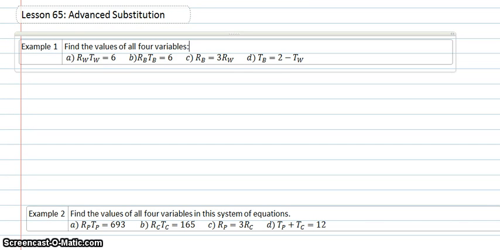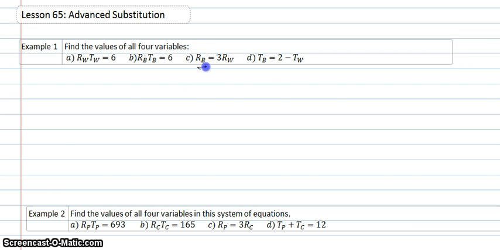In lesson 65, we're looking at advanced substitution. Now, we've already been working with rate, time, and distance problems and different setups with that. And now, we're going to have to use more substitution than we normally needed to use. So what I'm going to do is substitute for the RV and the TV